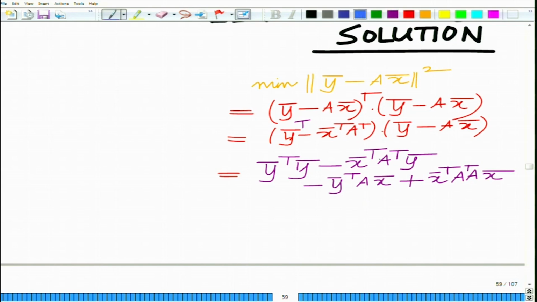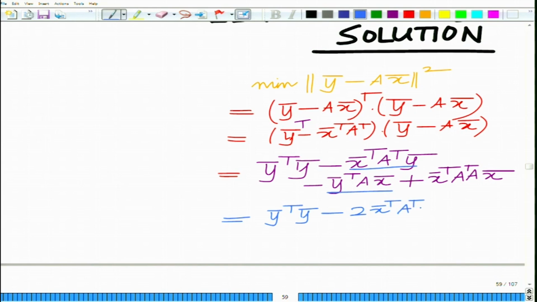Now, if you look at this, these two quantities are the same, these are transposes of each other and scalar quantities, x bar transpose A transpose y bar and y bar transpose A x bar. So, you can take twice one of these. So, this will be finally simplified as y bar transpose y bar minus